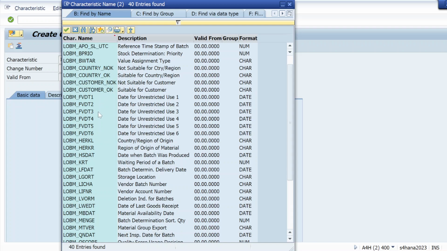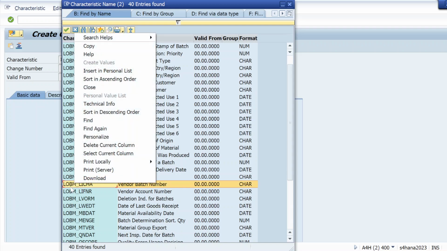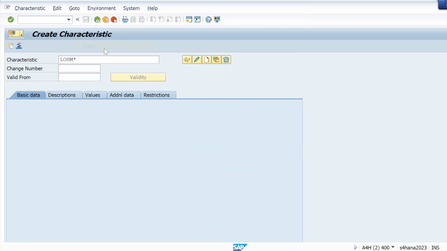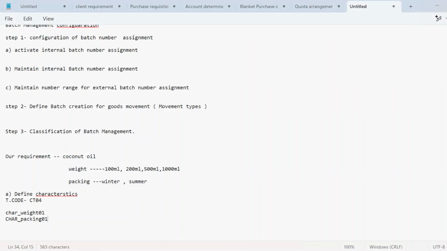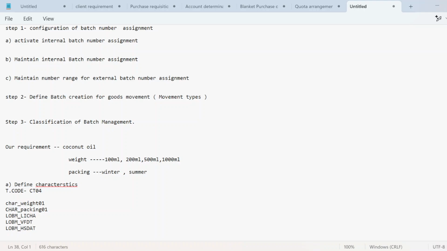At that time, I can assign all these characteristics. One is this. One is this. Let me maintain that in Notepad. One is this. Another one is BFDT. And one is HSDAT. So these characteristics are there.